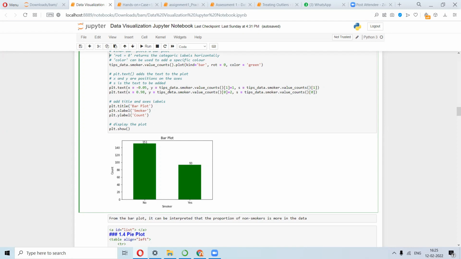Okay, same as in here as well. This will enable you to get this value. It will count the value and also show you that you are having 151 no and 193 of them are smokers. And also we have labeled it accordingly. Okay. So this count, smokers, all this are there.